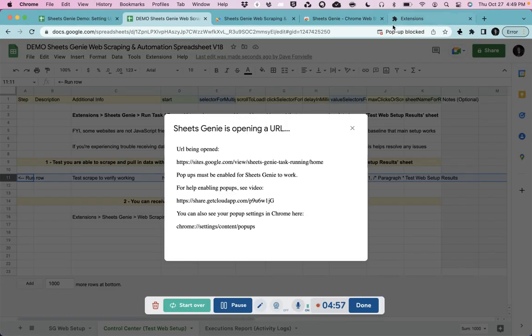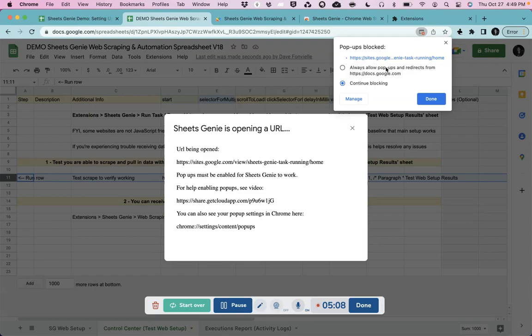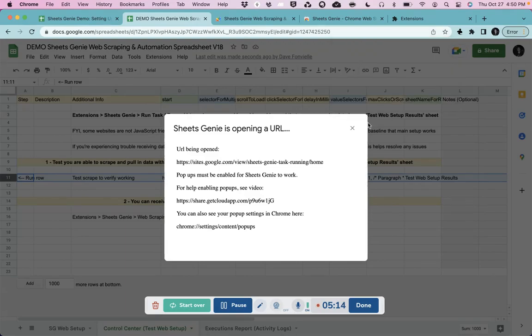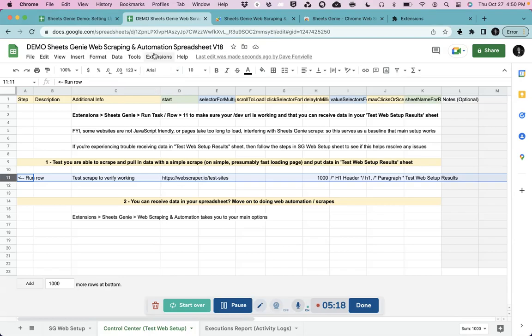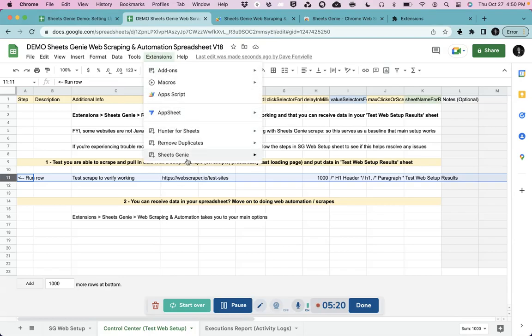Now look, it wanted to pop up, but the pop-up got blocked. So part of the process is you have to enable the pop-ups. The way you enable the pop-ups, you just click here and always allow pop-ups from docs.google.com, done. This is what allows Sheets Genie to do the magic with the pop-ups. All right, so let's do this again. Now that we've enabled the pop-ups,